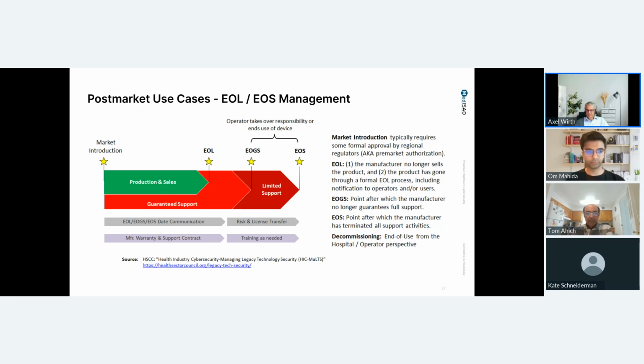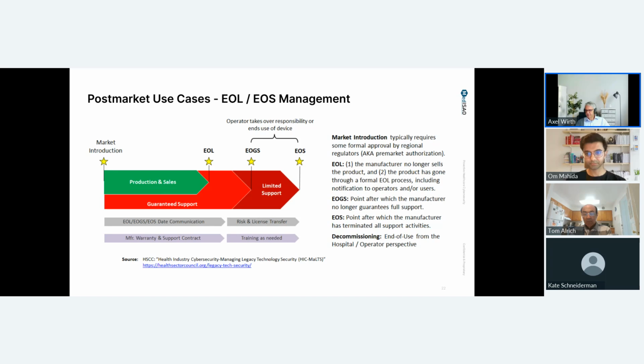And it defines very much the applicable terms: end of life happens at the end of production and sale. Then there's a phase of guaranteed support, and then there's usually a phase of limited support, which then leads to the final end of support. And during that time, that final dark red period here,